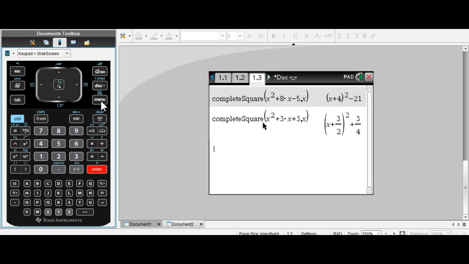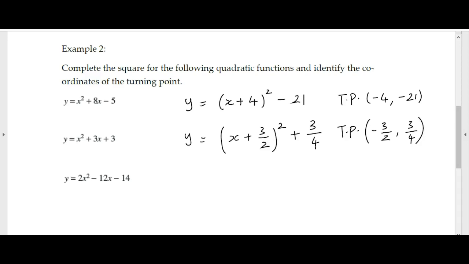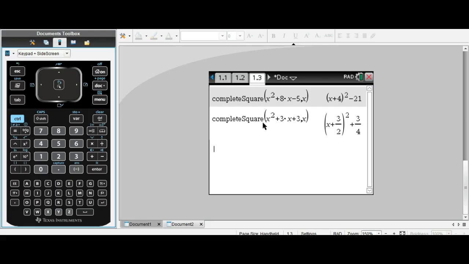We have our solution as x plus 3 on 2 the whole squared plus 3 on 4. So let's go back and copy this down again. y equals x plus 3 on 2 the whole squared plus 3 on 4, which means the turning point coordinates are going to be minus 3 on 2, comma, 3 on 4. One final example for today. So let's go back to our calculators again. Menu,